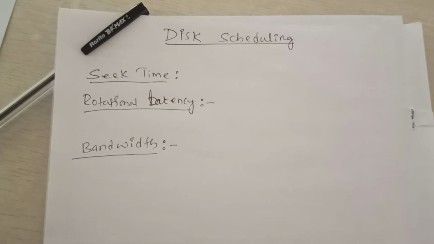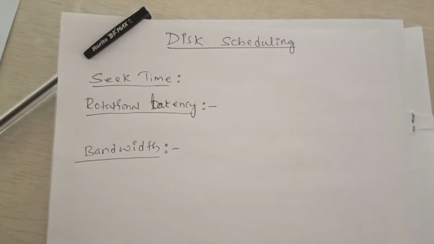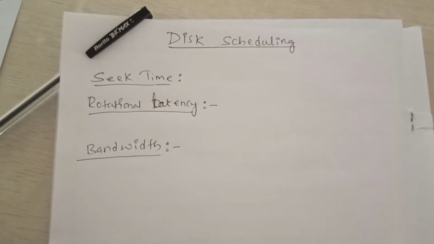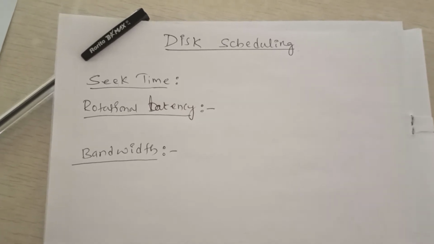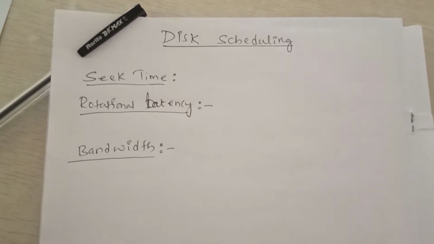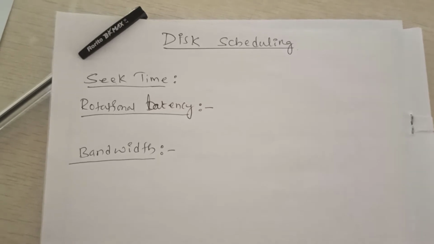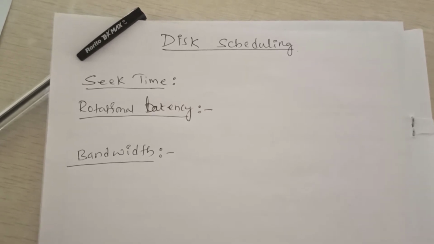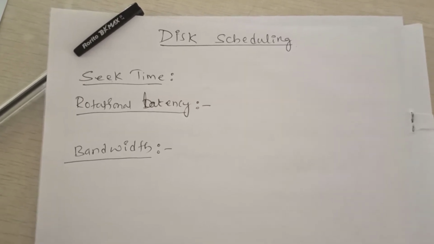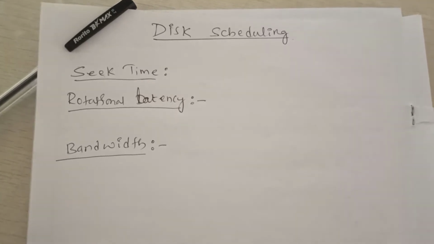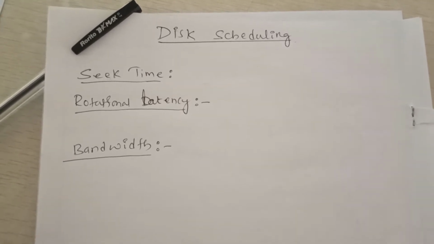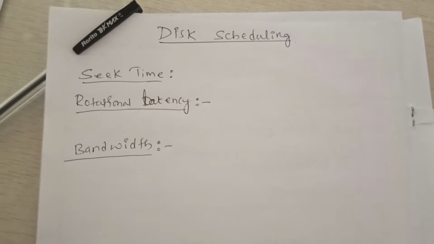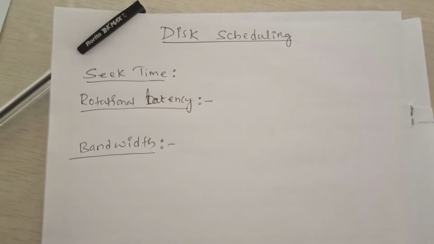And for the disk drives, here we are going to discuss the hardware called a disk. For the disk drives, the responsibility of the operating system is to provide fast access time and large bandwidth. We need to provide faster access time and the bandwidth should be large. Bandwidth means the transmission of data from computer memory to disk and disk to computer memory.